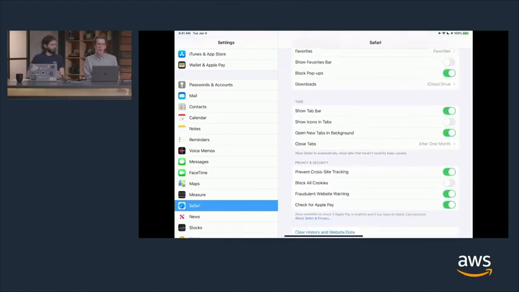prevent cross-site tracking. Because you're loading your Sumerian scene from an Amazon URL, but the Eighth Wall SDK is being loaded from another URL, the device authorization is using a cookie that Eighth Wall writes to your browser. And sometimes the logic in iOS that's protecting you from being tracked across the internet, which is this cross-site tracking option, will get in the way of that depending on what call it makes. So you can just turn that off, clear the cache on your browser, and reauthorize your device, and you should be off to the